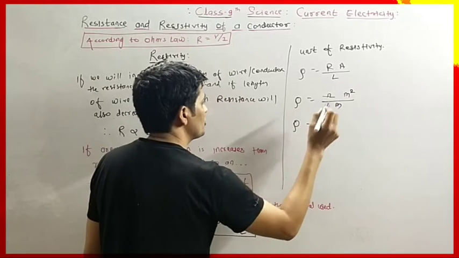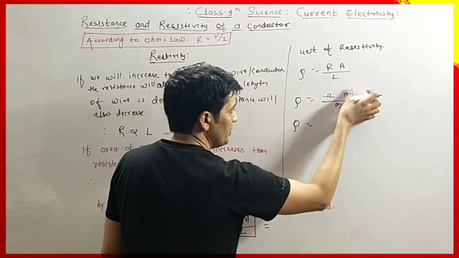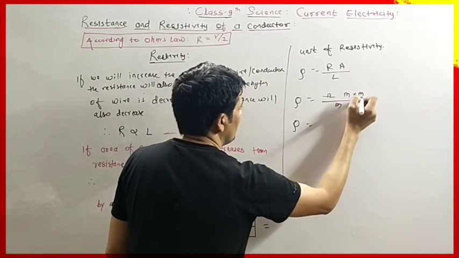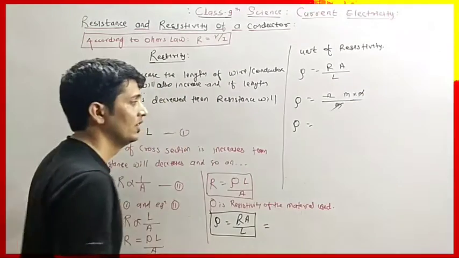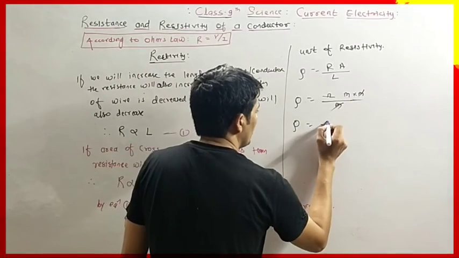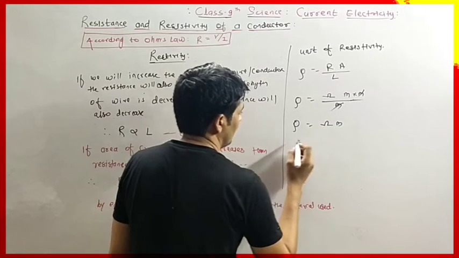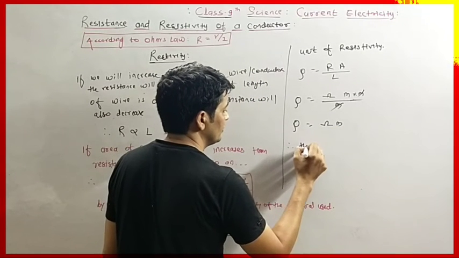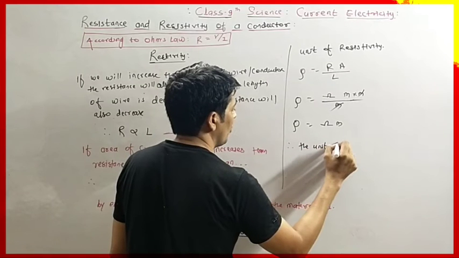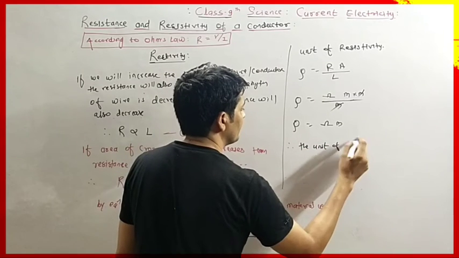So rho equals to, see, meter square means meter into meter, and 1 meter and here 1 meter will get cancelled. So the unit will be ohm meter. Therefore the unit of rho, the unit of resistivity,